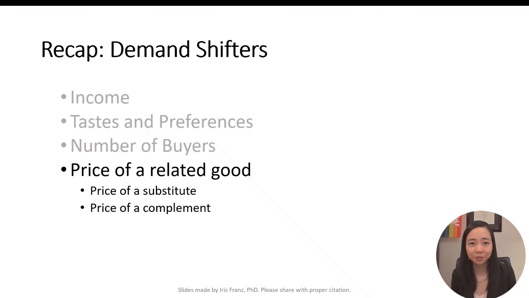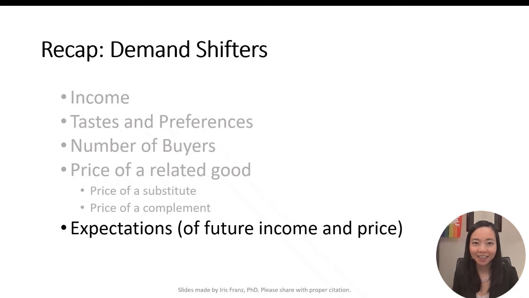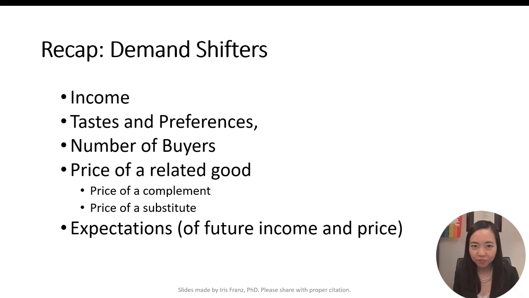This includes both substitutes, goods that can replace each other, like Coke and Pepsi, or complements, goods that are used together, like peanut butter and jelly. And finally, expectations of future income and future prices. Each of these factors can shift the demand curve to the right, an increasing demand, or to the left, a decreasing demand,